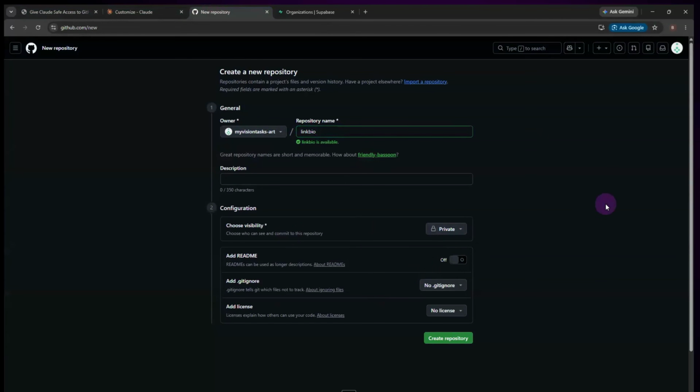Now, there are some times that you would want to make your repository public, like if you have a lot of skills that you want to share with other people. A lot of developers do that so that they can get leads, and actually GitHub has a whole profile and all this other stuff. You don't need to know any of that. You just want to make sure that this is marked as private,